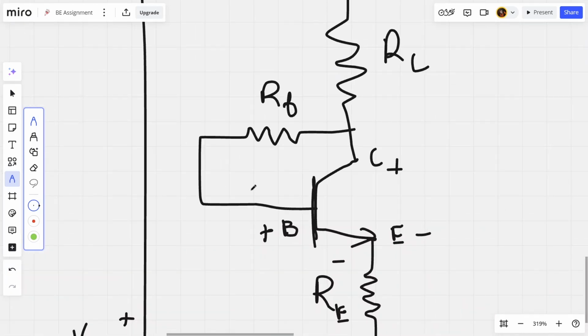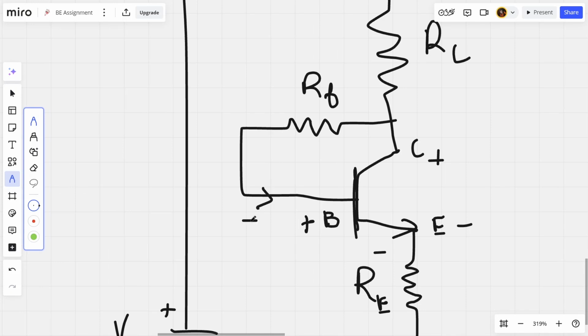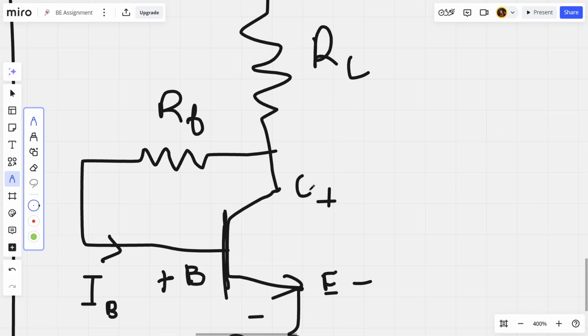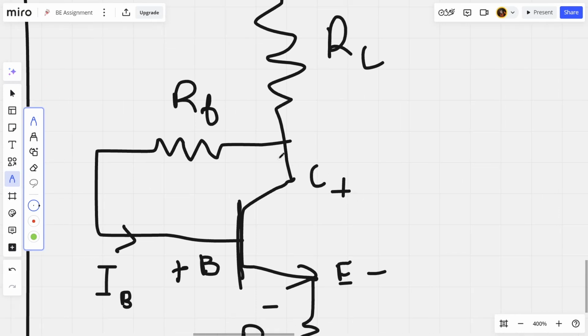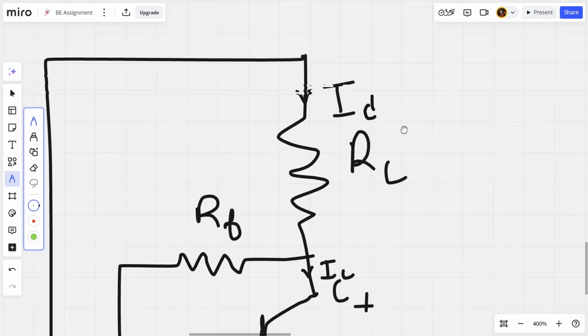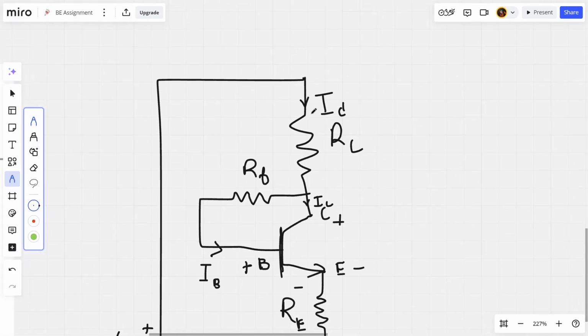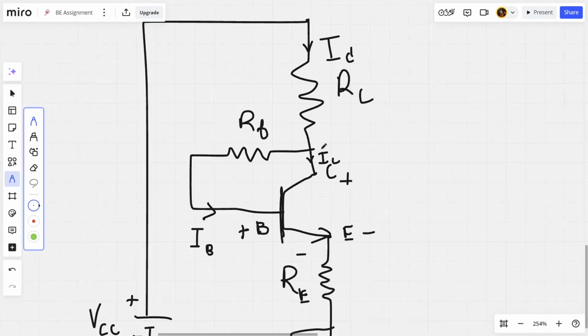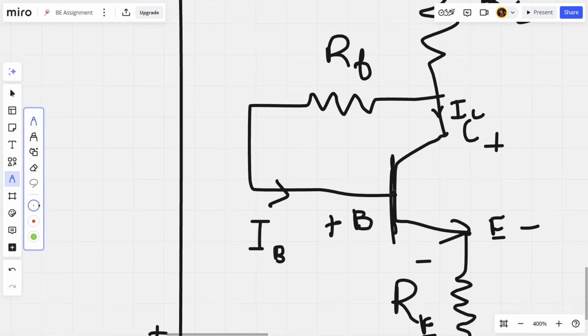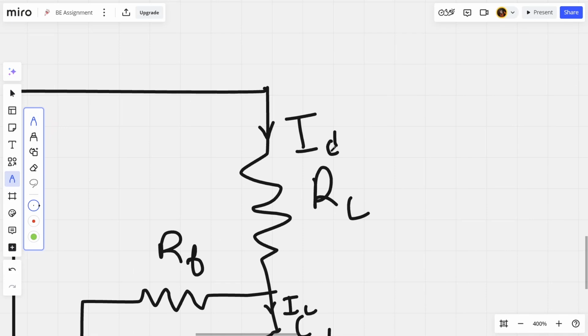So the base current will go simply like this, and the collector current will be called from here, and the current which goes through the resistor RC will be called IC dash. We cannot call this current IC, as you can see there's a junction in here which is the feedback to the base. So we'll call this current IC dash,